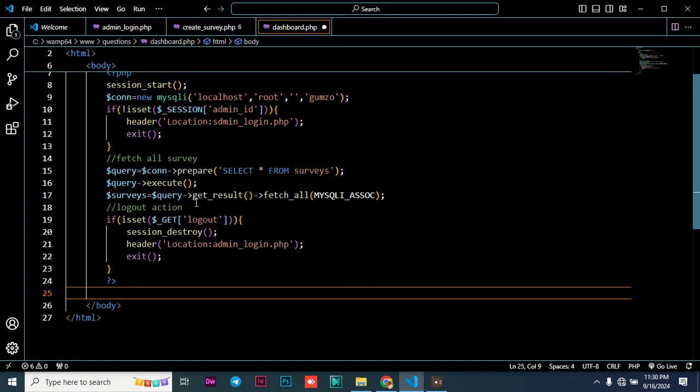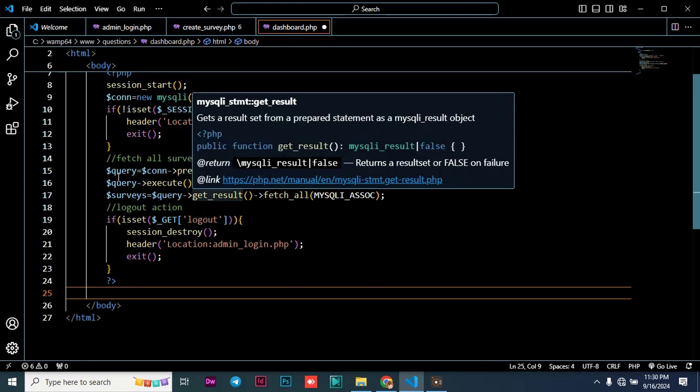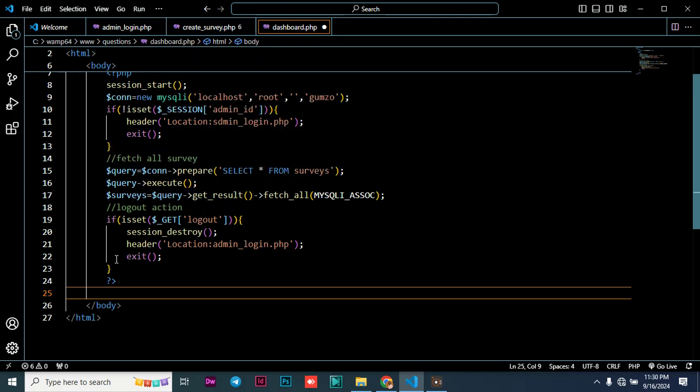HTML. Now we just need to put the HTML part of it in here. I'm just going to create a very simple HTML that will enable us to capture all those parts that we've been able to add in our dashboard. So in this case, I'm just going to write the following. I'm just going to